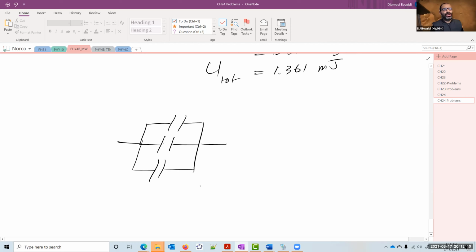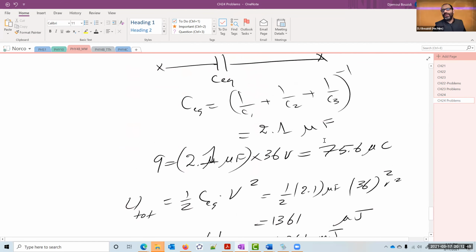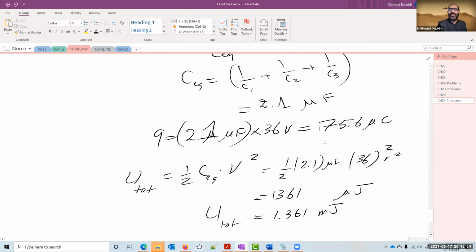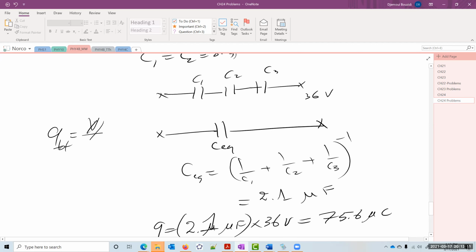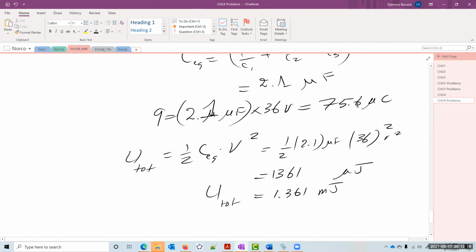Now, obviously, the voltage has changed. So you take them, you remove the battery, you built a charge. This is how much charge you put in every one of them. How much charge? We didn't calculate the charge, okay? Did we? No, we never did. The charge that you have in each and every one of them is going to be equal to Q total, which is the same Q for all of them. Q is equal to C times V. I'm sorry, it's equal to, we calculated in here, 75.6. That was the question. Okay, very good. Thank you. This is how much charge is.